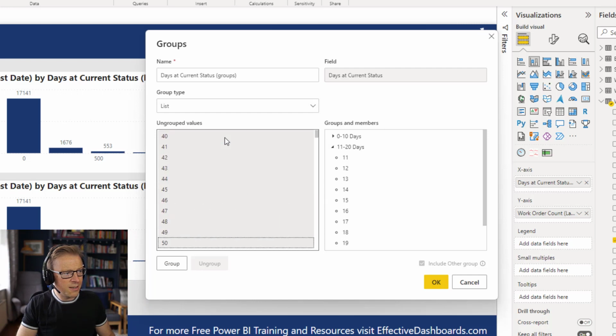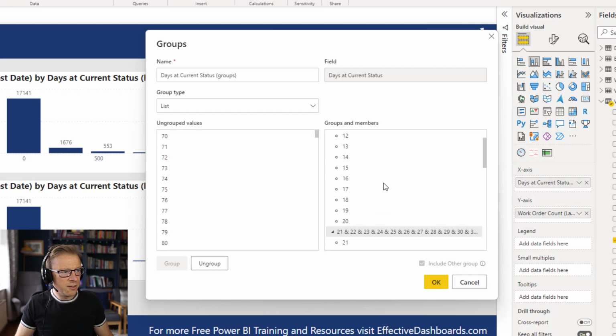So you can see that the major difference here is I can decide the groups, and they don't need to be symmetrical, or they don't need to be equal like they did if you just used the binning option. So with the group option, you can select the values that you want to fit into each one of these different groups here. So let's choose that one,